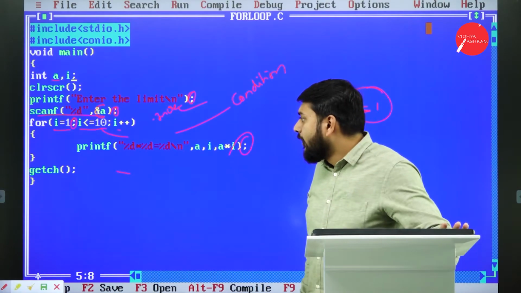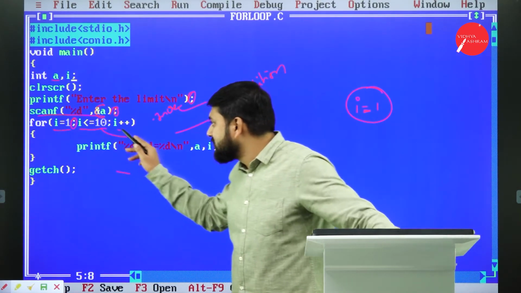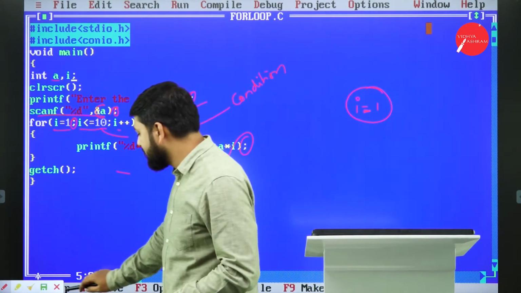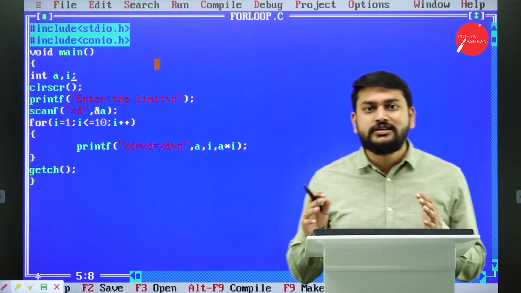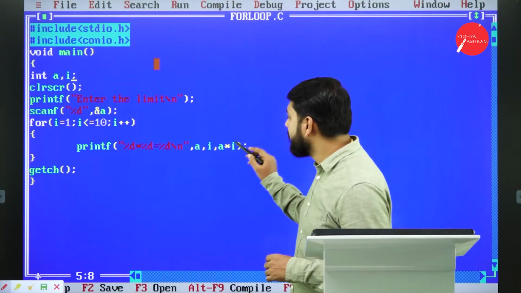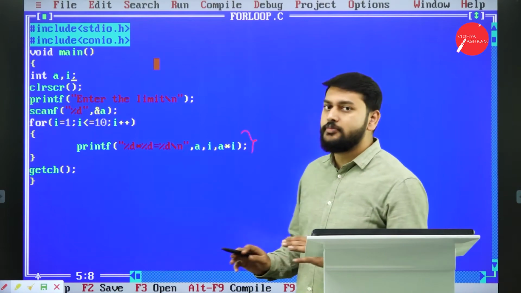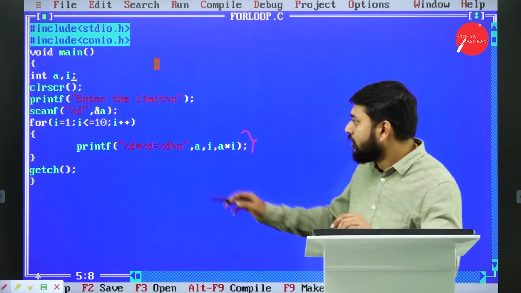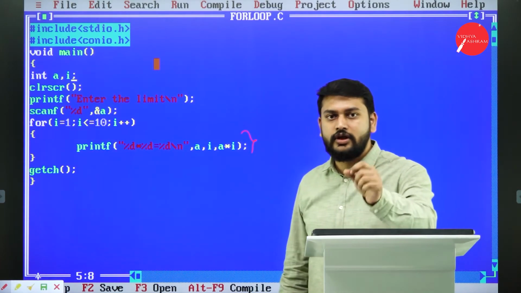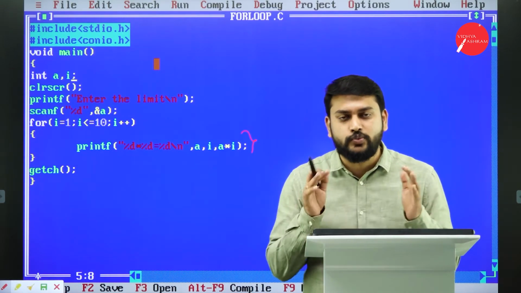So fine. What exactly is this for loop doing? Let me clear all these things. Now let's understand how exactly the for loop works. This statement is very, very important. This for loop is beginning, the i value is 1 now.